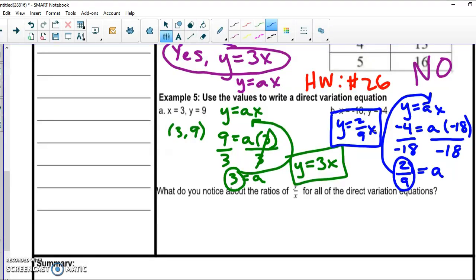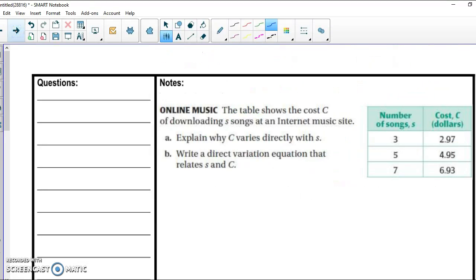So finally, for this page, what do you notice about the ratios of y to x for all of the direct variation equations? I think that will be fairly obvious for you, but I will let you answer that question on your C Notes page. And as we flip to the back, we will look at our final real-world example. So the online music,